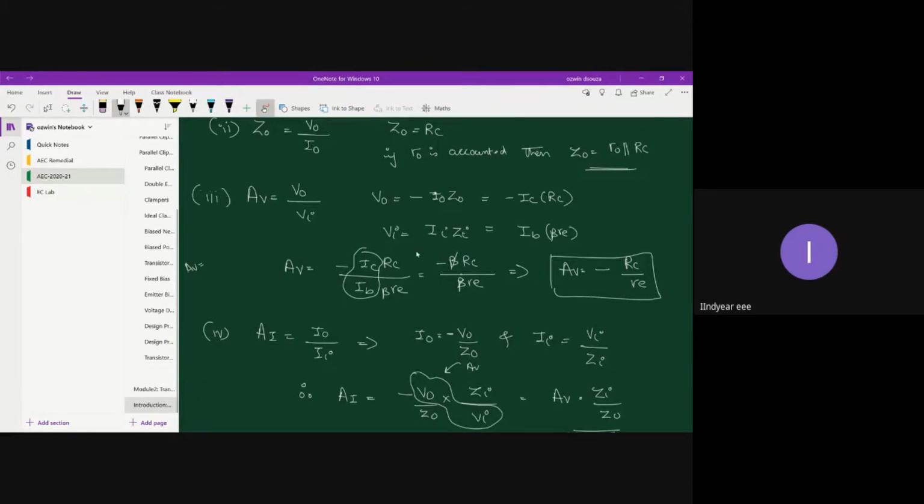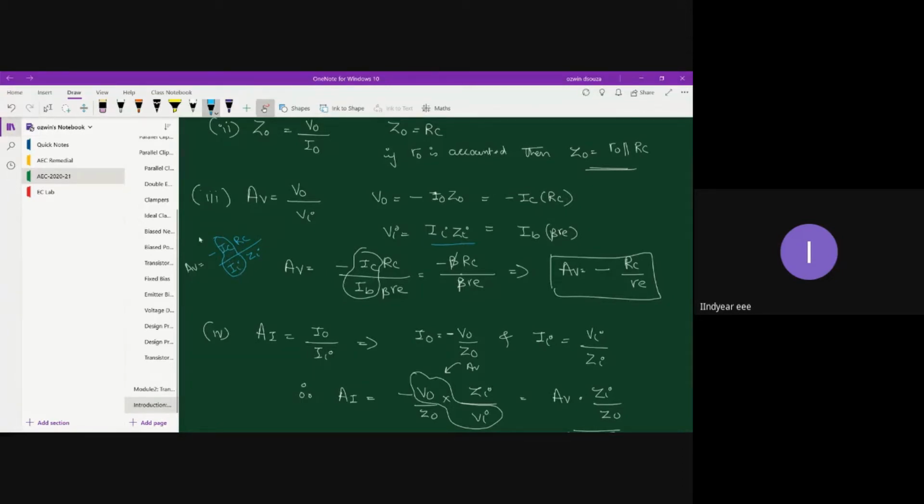It is, yeah, minus IC by RC. Okay, what I'll do, I'll write it in a different color so that you'll be able to distinguish. So this becomes the numerator, no doubt, right? Minus IC into RC. In the denominator, let's say instead of taking IB into beta RE, I'll take II into ZI. Now, if I take this, what will happen is, I don't know the gain. I mean, IC by II, we don't know.